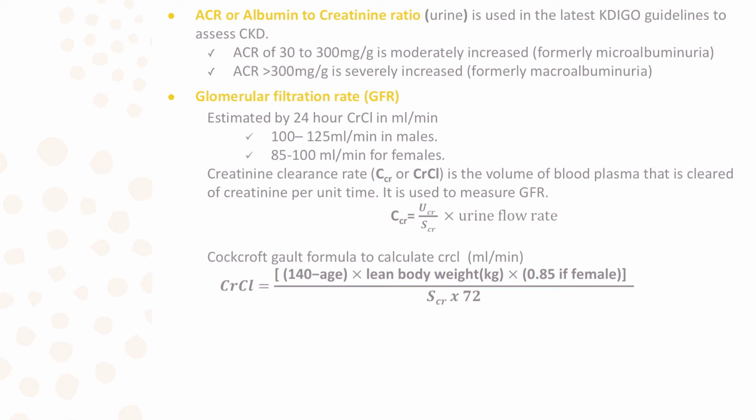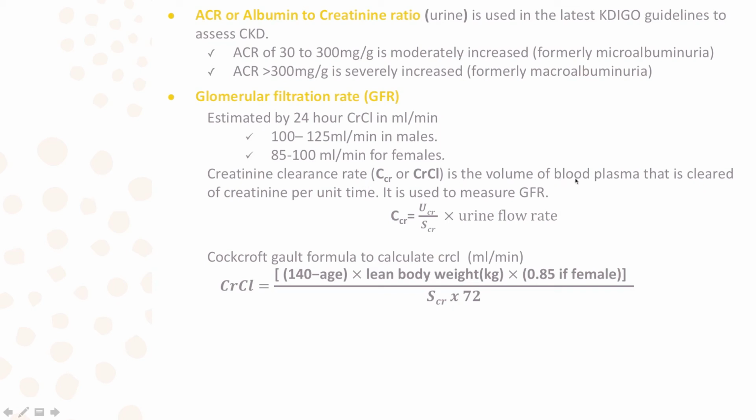So this glomerular filtration rate is estimated from the 24-hour creatinine clearance rate in milliliter per minute. So we measure the creatinine clearance in milliliter per minute for 24 hours, and from that we find the glomerular filtration rate, the rate at which the glomeruli are filtering substances out. The normal substance which is filtered and can be detected is creatinine. So based on the creatinine clearance rate, we find the glomerular filtration rate.